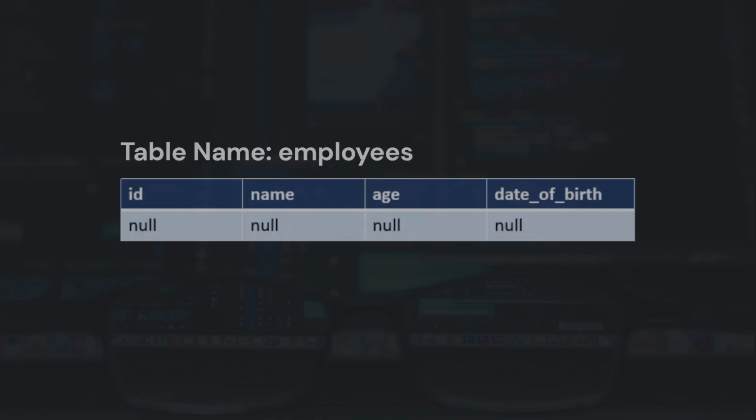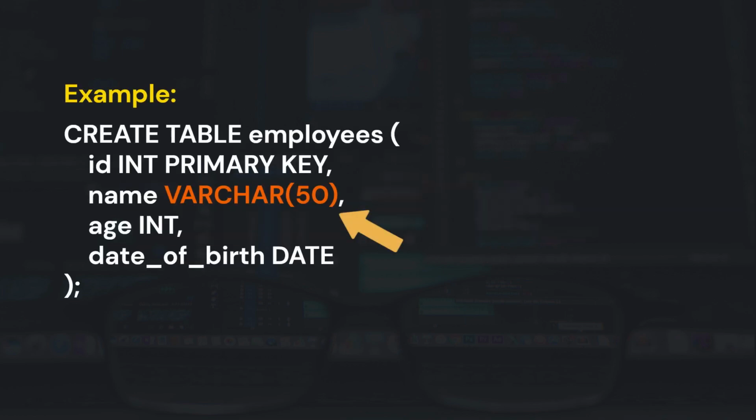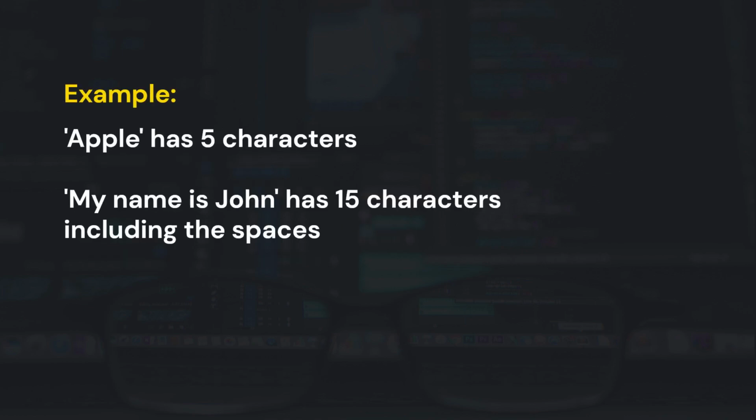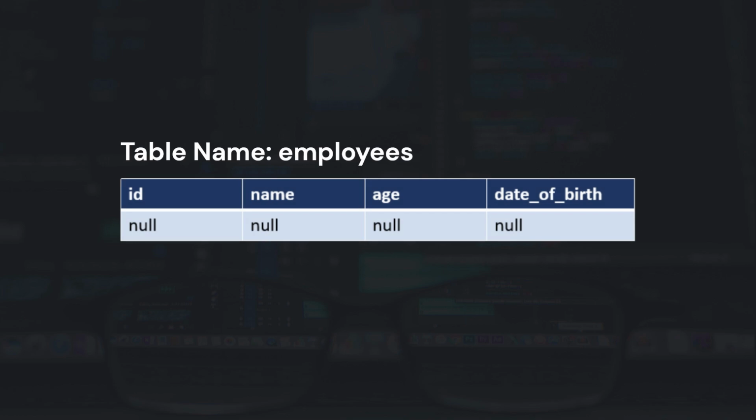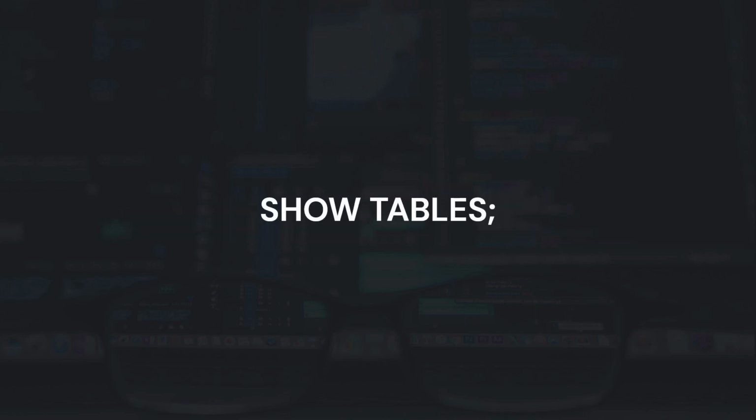This creates a table called employees with 4 columns: ID, name, age, and date of birth. The varchar of length 50 means that the name column can store text with a maximum length of 50 characters. Once the table is created, it is stored in the database, and we can start adding data into it. If we ever need to see all the tables in our database, we can use the show tables command. Creating tables is the foundation of SQL, and once you understand this, you're well on your way to building and